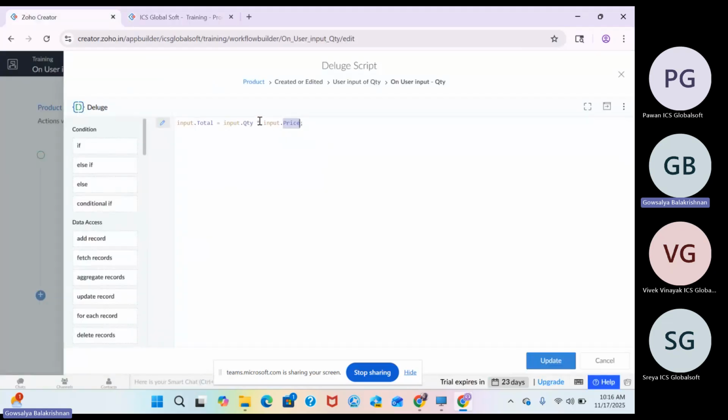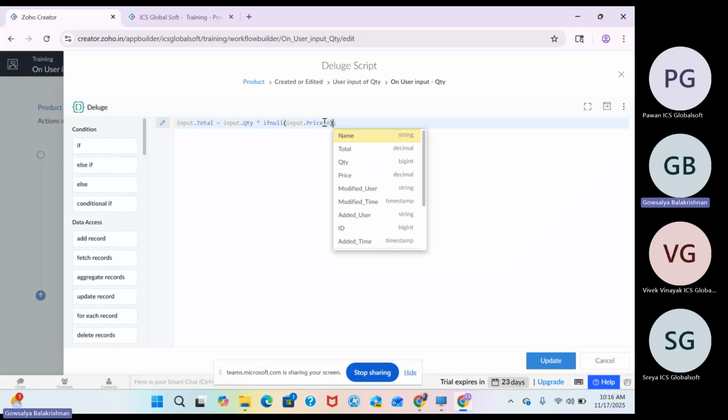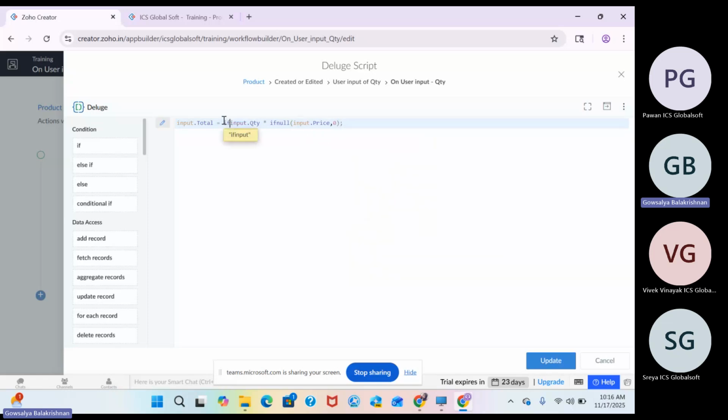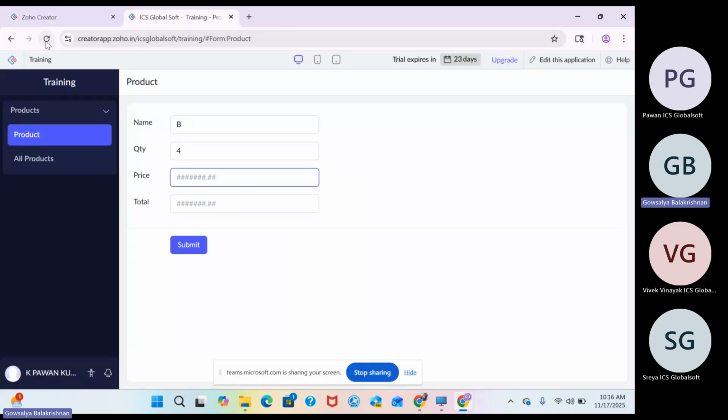So what you have to do is, whenever you write any arithmetic expression, you check null values. Here we are checking null. So if it is empty, the system will take the value as 0. If it is null, we are saying please take the value as 0. So if I refresh this,